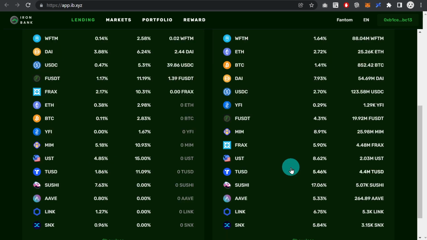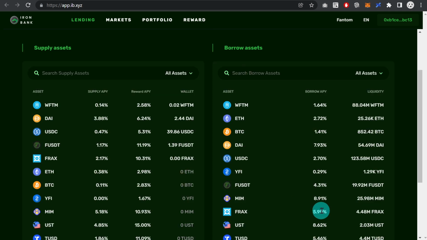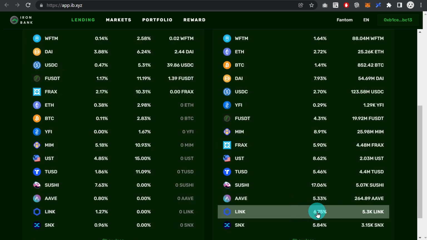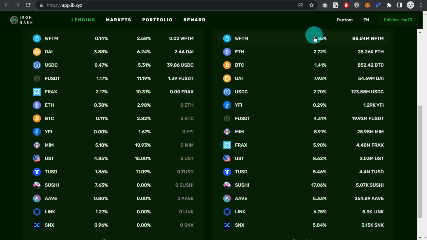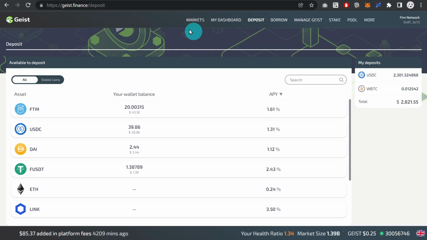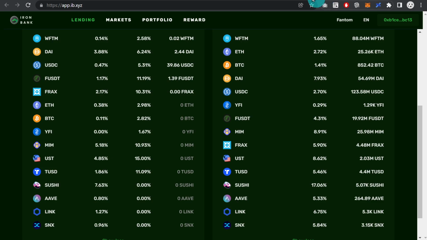And now let's look at the cost for Chainlink. That's 6.7% per annum. So the net for that position on Iron Bank would only be around 3% per annum. Way better than what we have here on Geist. So that's why it's worth to always compare. These rates, by the way, they also change frequently. I started toying around with Geist, but because of those favorable rates, I'm very much inclined to give this a try as well. Now there's two more platforms that we can look at.